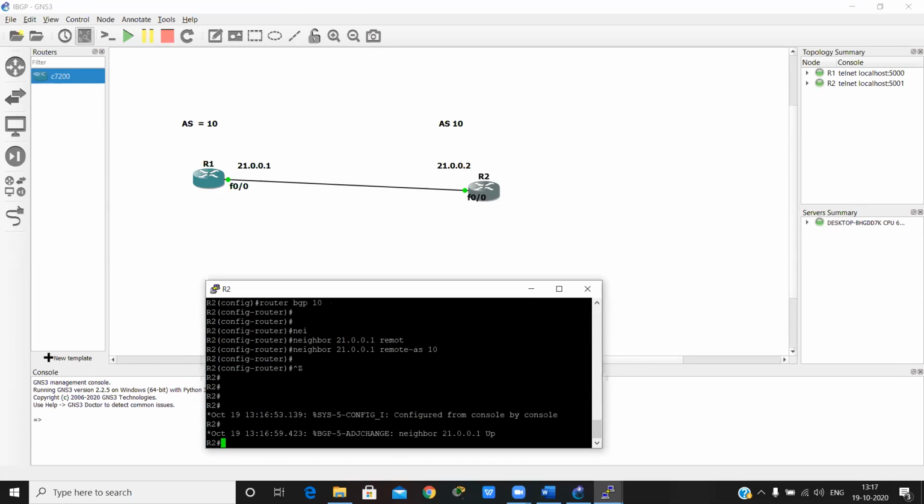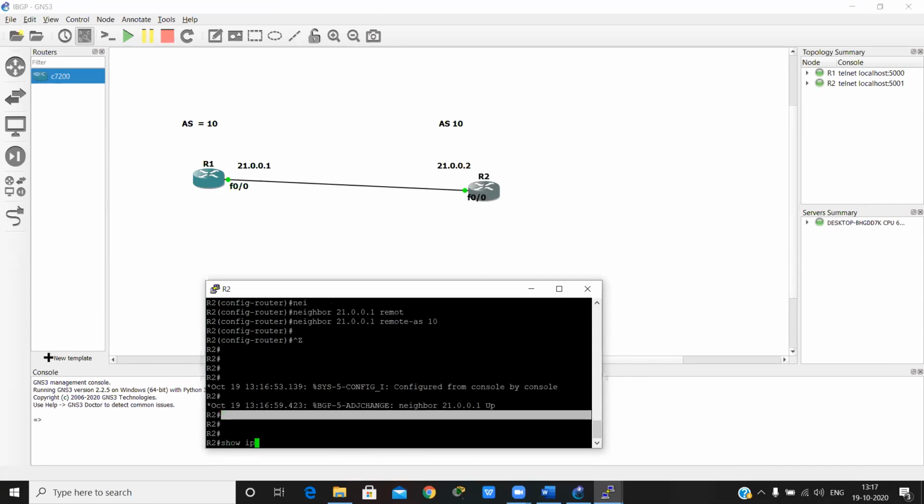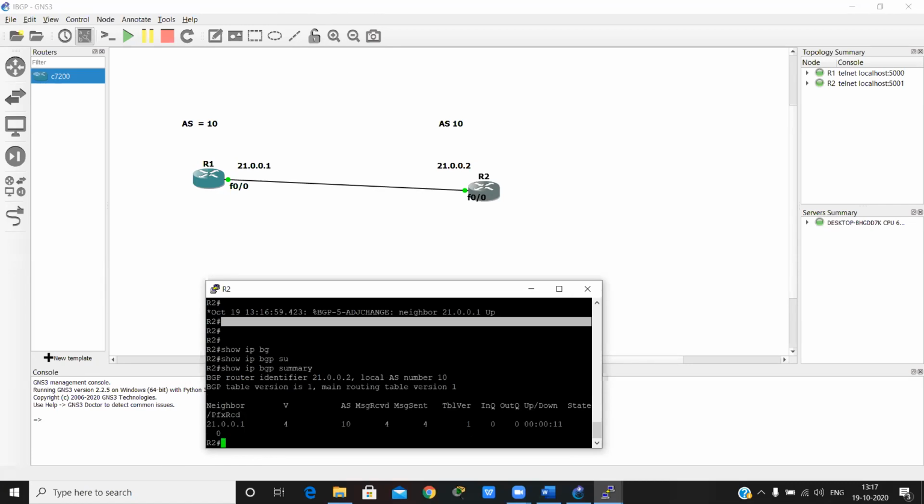Now see, BGP adjacency with neighbor 21.0.0.1 is up. If you want to check, run show ip bgp summary. 21.0.0.1 is our neighbor, version is 4, AS number is 10, messages received 4, messages sent 4, and the up/down time, meaning how long our neighborship has been up.